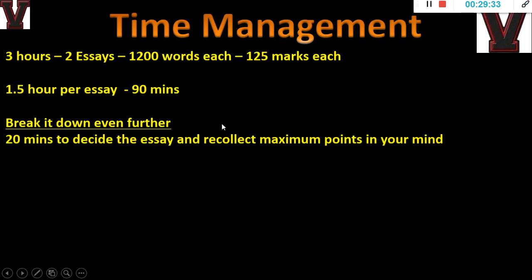Then you will come to know that okay, this two, maybe the third one and the fourth one, are where I get at least 10 to 15 points. Now from that, finally shortlist one. When you shortlist one, your 20 minutes of work is over. At the end of 20 minutes you should have that first essay ready: this is the essay I will write, the remaining 3 I am striking off.